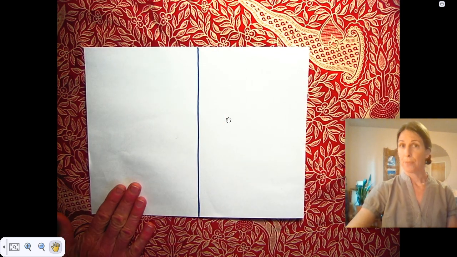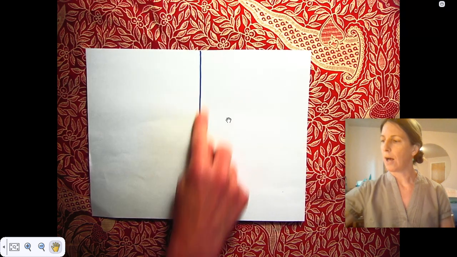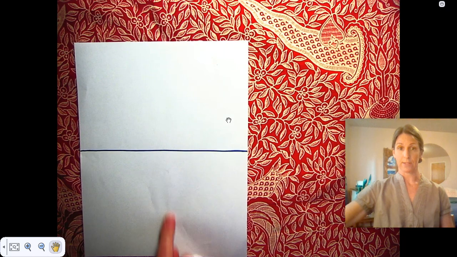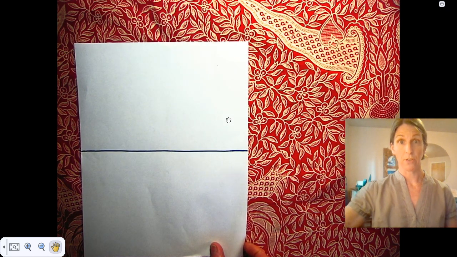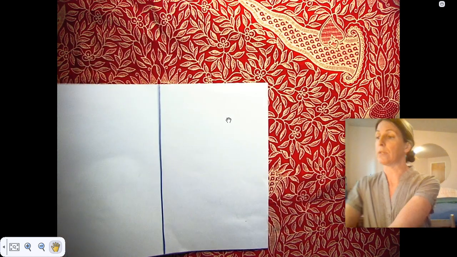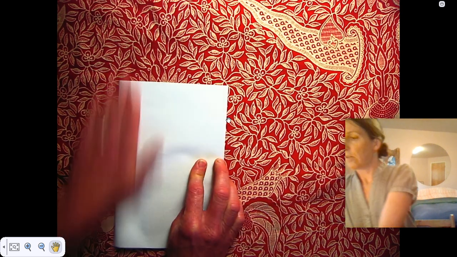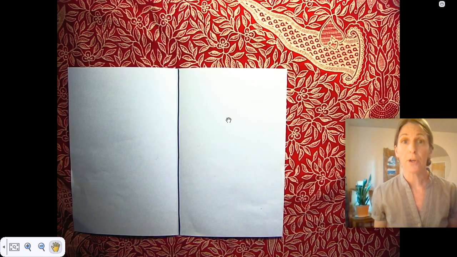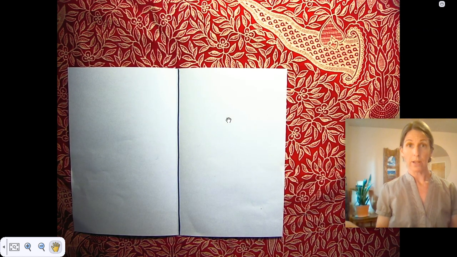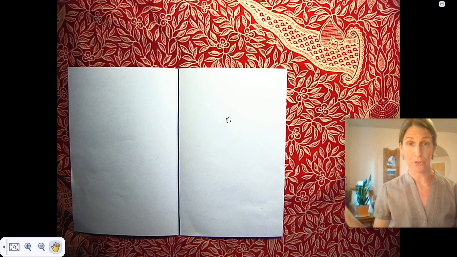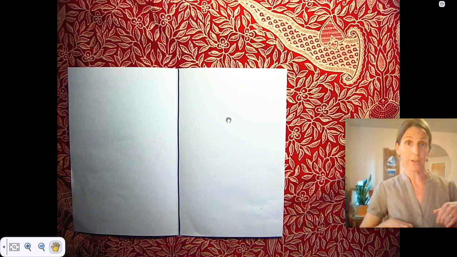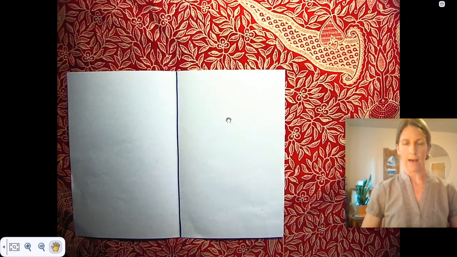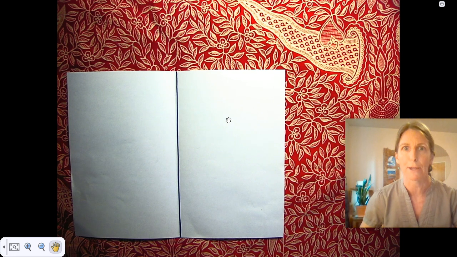You can get a piece of paper, but you don't have to. And I want you to draw a line down the middle in this direction, or if you wanted, you could draw a line of symmetry there. Whatever you want. You decide where your line of symmetry is. You even could just fold it in half to make that line. And you don't have to do it on paper. You could go outside on your driveway with chalk. You could go outside in the dirt and draw a line with a stick or your finger. Make a line of symmetry, and then on both sides of that line, I want you to create symmetrical art